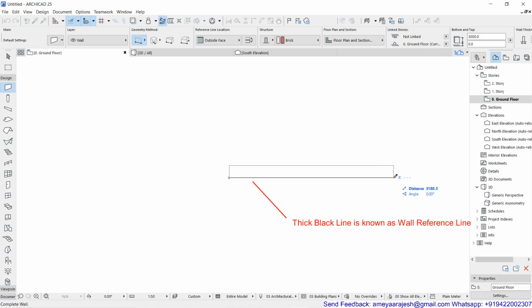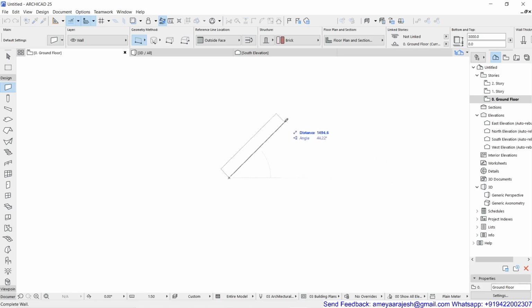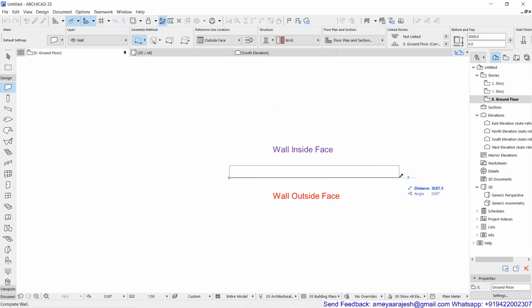Okay, or they are matching with each other. And that's the reason the inside face of the wall is nothing but on the upper side of the reference line. Now, if I start placing the same wall vertically, you can see how the entire wall thickness is getting justified. If I place the wall horizontally towards the positive x, my wall inside is actually getting placed on the upper side.